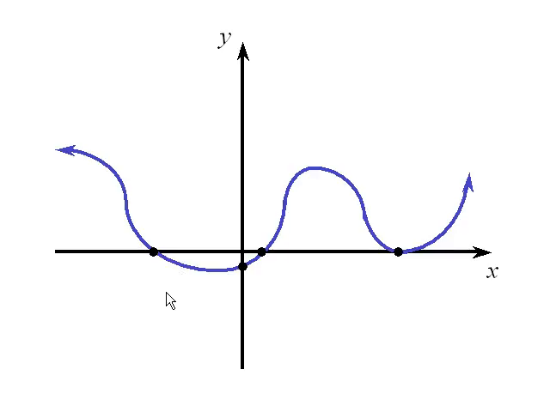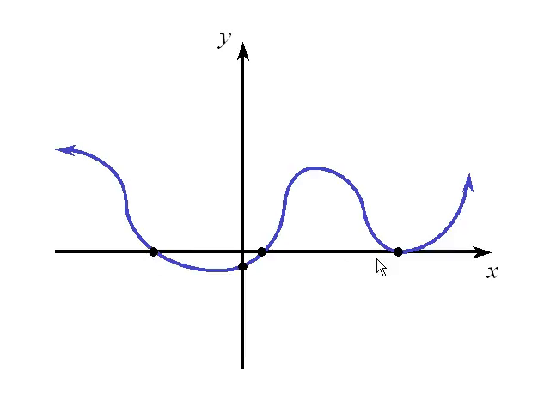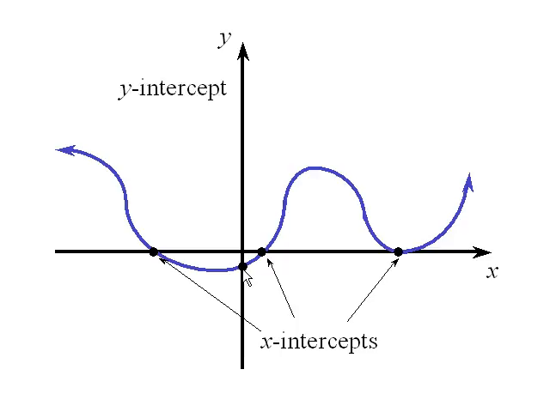The way it's lying on the plane, it crosses the x-axis at 1, 2 places, and it touches the x-axis at a 3rd place. Whether it crosses or whether it touches, it counts as an intercept. So this has 3 points that count as x-intercepts. By the same token, here is the place where the graph crosses the y-axis. It only crosses the y-axis once, so this one place is called the y-intercept of the function.